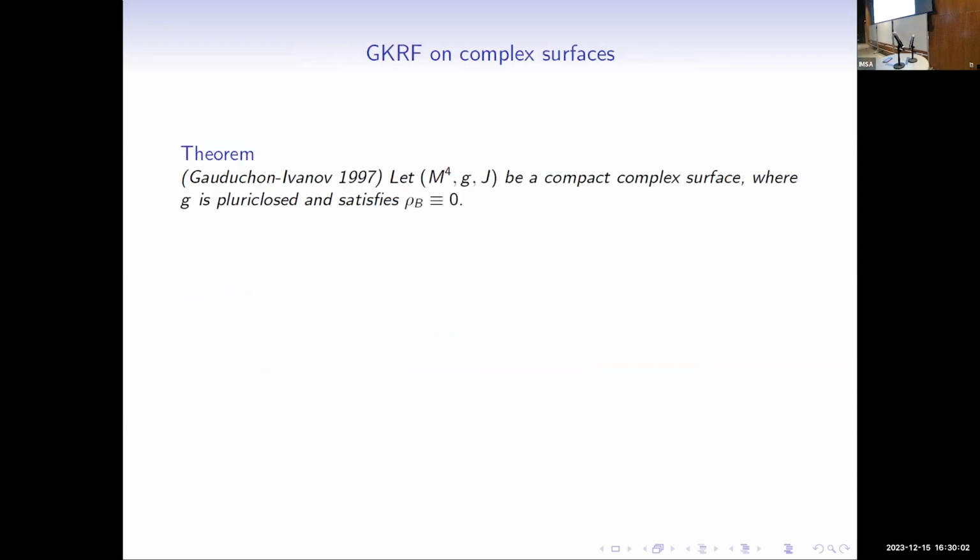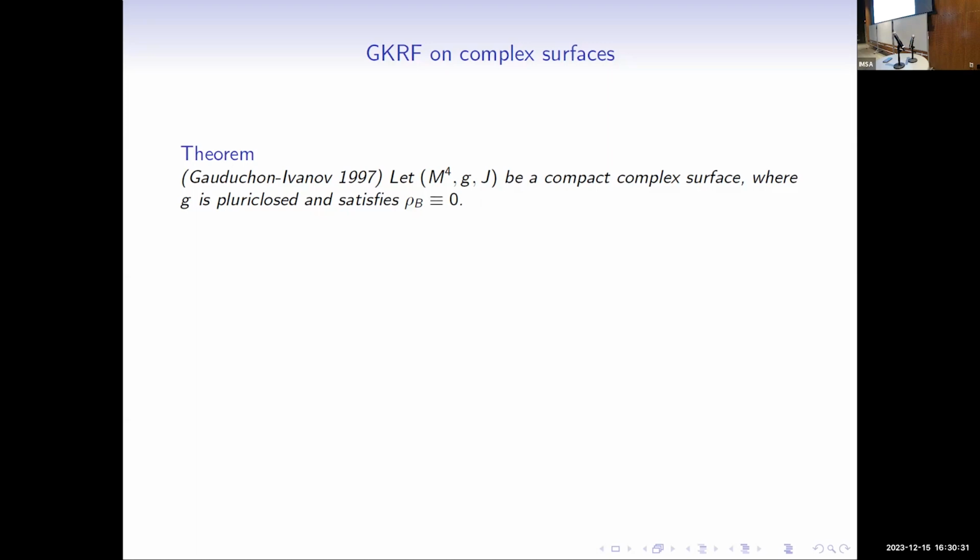Okay, so I guess I still have a little bit of time. So that's kind of what we can prove in the Calabi-Yau background setting. But of course, what about this top surface example? Okay, so of course we want to try to understand this one as well. And I'll just start by mentioning this nice theorem of Gauduchon-Ivanov. This is part of what got me going actually in this area. So if you have a compact complex surface where G is only pluriclosed, I'm not even assuming generalized Kähler because it's like half a generalized Kähler,